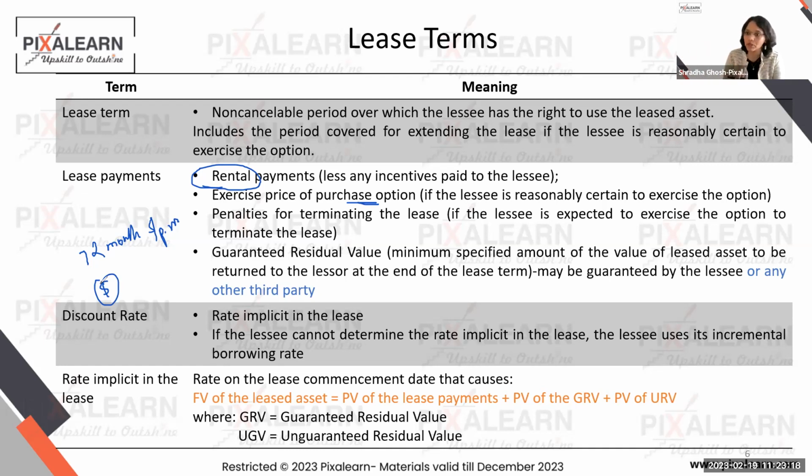So whenever in a question, unless and until they write you specifically that a bargain purchase option will not be exercised, or the lessee is not reasonably likely to exercise the option, unless and until that caveat is given, the moment you see exercise price for purchase option, that means at the end of the lease term, the lessee can pay X amount of dollars and buy back that property. You will always assume that it will be exercised. That means increase the lease term by the entire value of this.